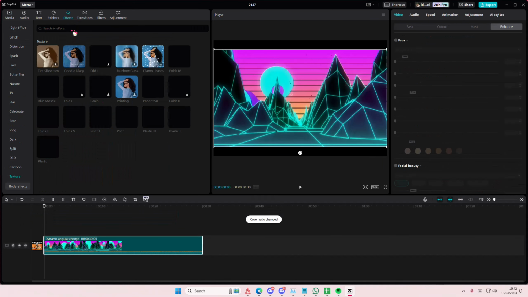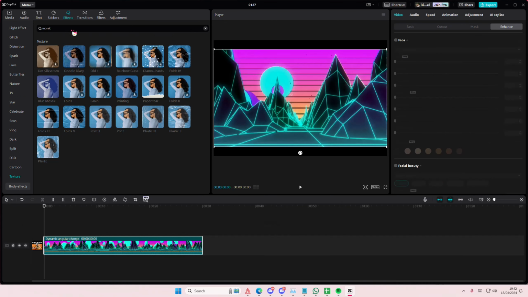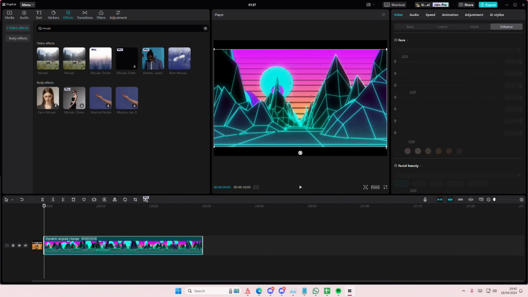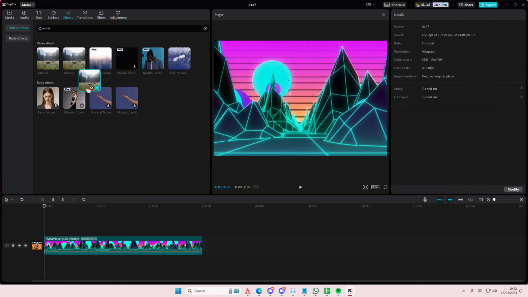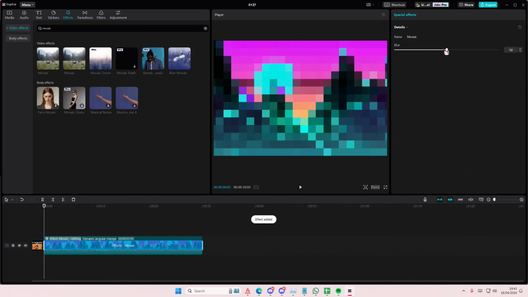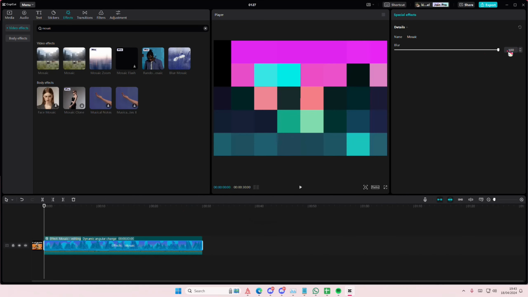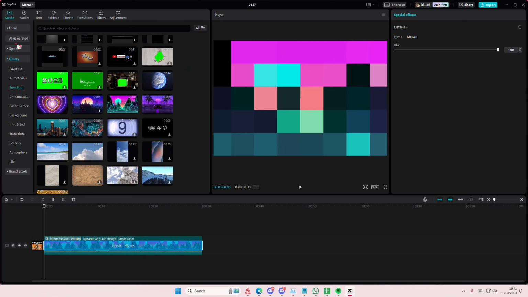Then I'm going to go to effects and I'm going to type in mosaic. Just zoom in on it a little bit. Select it and you're going to add it to your image, and I'm just going to blur it until 100%. And as you can see, it will show some colors. So what I'm going to do